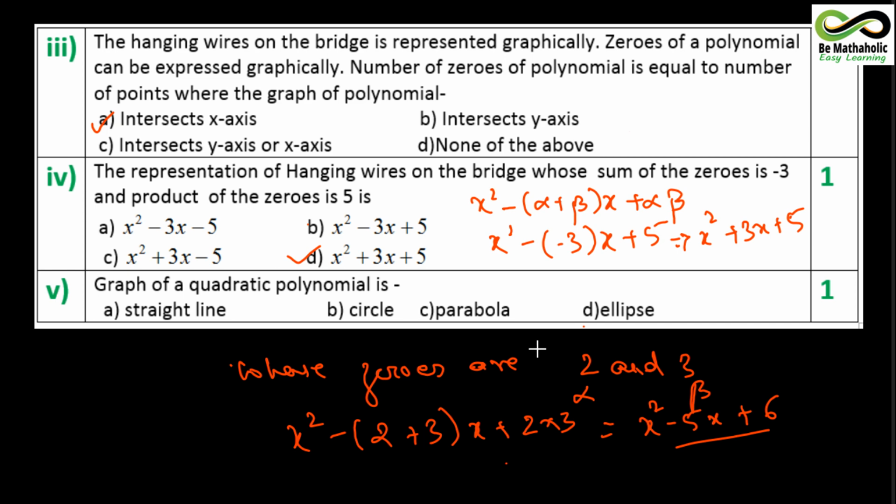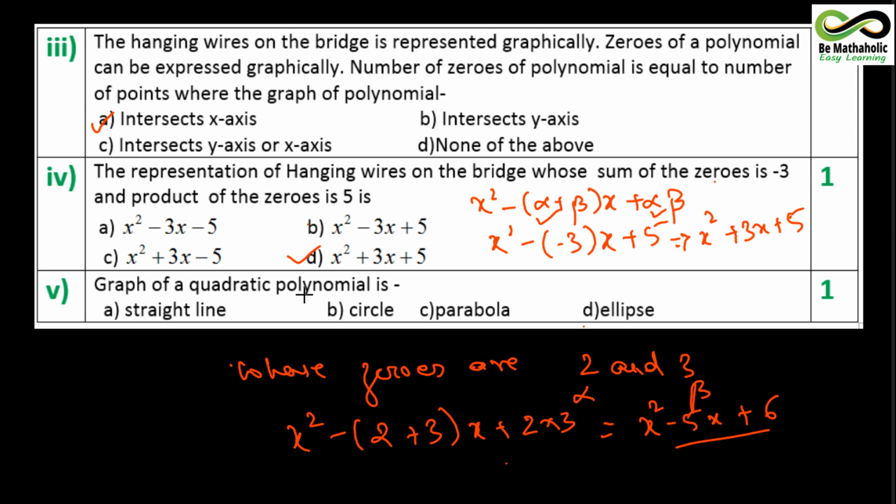So please be very careful in reading the question. If it is the sum of the zeros, then directly you can substitute and put it in these two forms. And if the word zeros only comes instead of sum, they give you zeros are, so zeros means one will be alpha, another will be beta. So please be very careful. Two sorts of questions can be framed out of this.